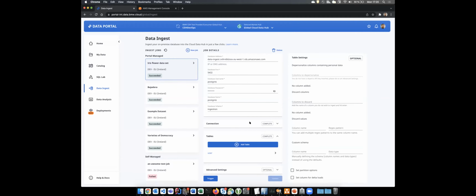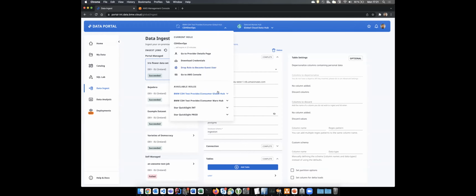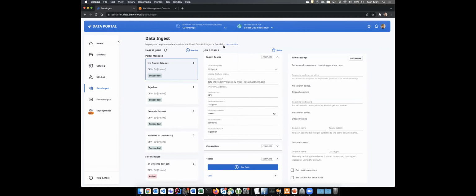And this is really an easy way to bring your data onto the Cloud Data Hub without, I don't know, knowing Terraform or even going to the AWS Glue console, because what happens at the end is a CDK stack is generated out of the information that you're adding here, and it is deployed inside the account that you selected here in the role switcher via CloudFormation without you knowing even about those technicalities.